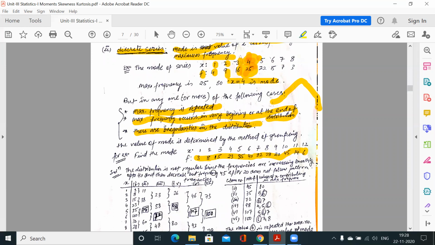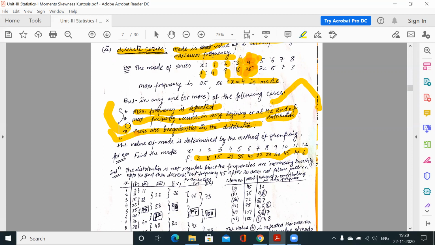We will say this is the third case. So in any of these cases, when the maximum frequency is repeated, or occurs at the very beginning or end of the distribution, or there are irregularities in the distribution,